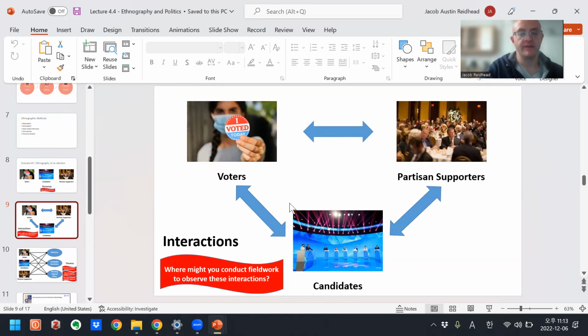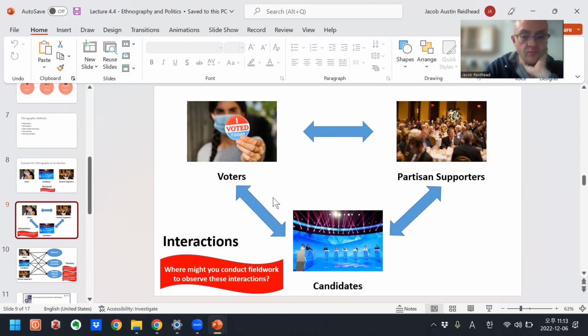So one thing we can talk about is, from the candidate's perspective, which personas are they more familiar with or more attuned to? For the candidates, voters might be a little distant, whereas partisan supporters are very persistent, and they know them on a first name basis.